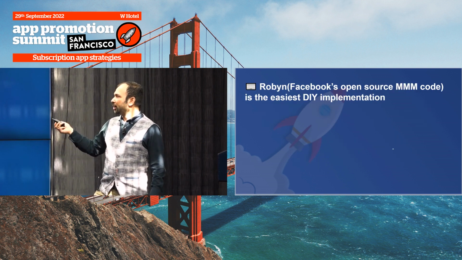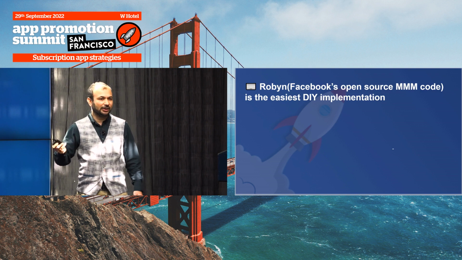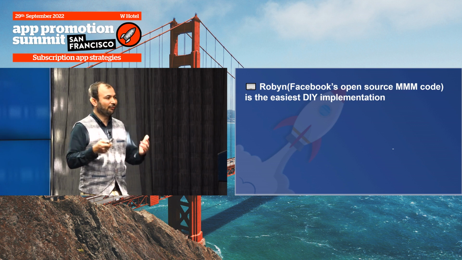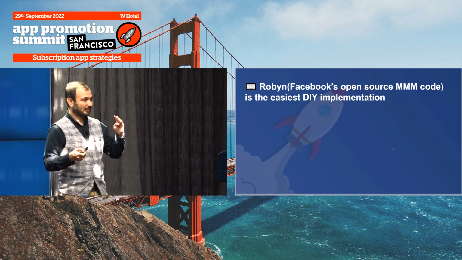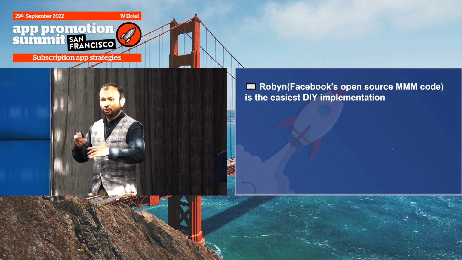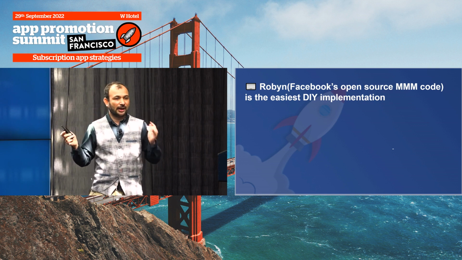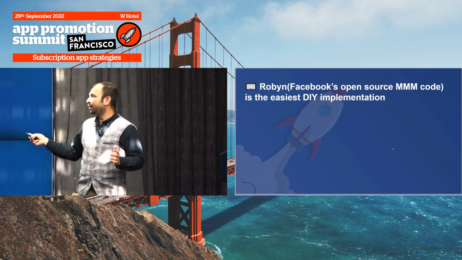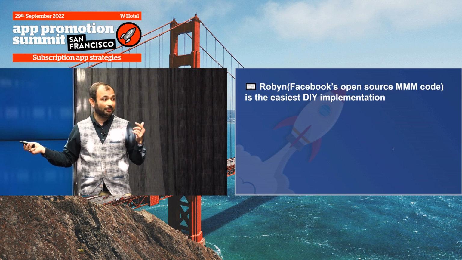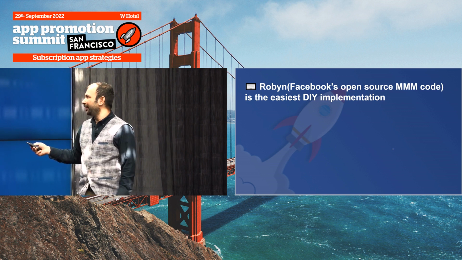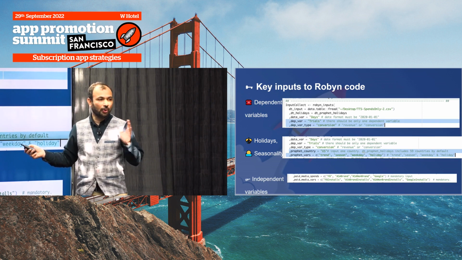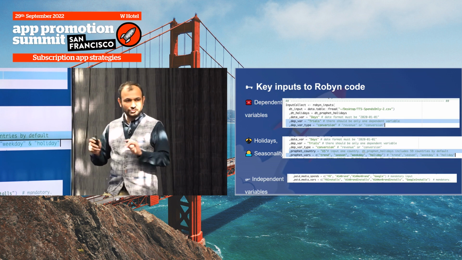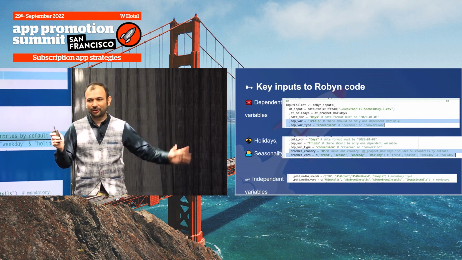So I'm going to talk about the easiest DIY implementation. And I think it was Sunil who said in the last panel that the sophistication of your mix goes up with the spend. This is a DIY implementation. You can make this as sophisticated as you want, but at the bare minimum, this is something we do recommend. You can also do a spreadsheet-based model, but this is the bare minimum we recommend and we implement, and I hope you can implement for yourself, even if you don't know coding. I am a failed engineer. You don't need to know code. You need to know how to copy and paste code. That's all you need to know.